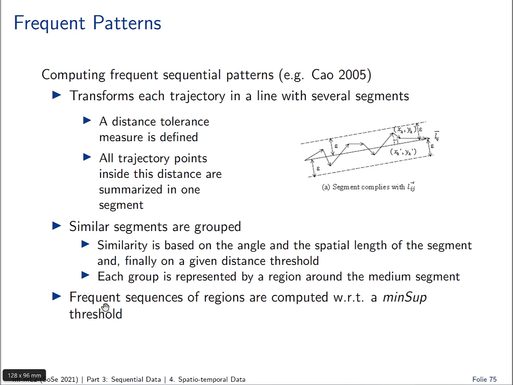Yeah? And then frequent sequences of regions are just computed with respect to a minimum support threshold, because we can just get all these segments or sequences of segments of these regions here that represent a minimum number of trajectories. So all clusters having a minimum number of trajectories are so to say